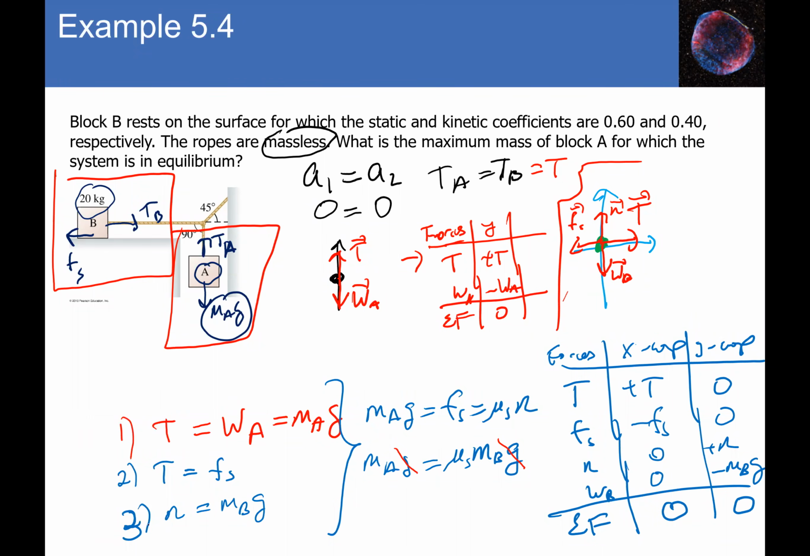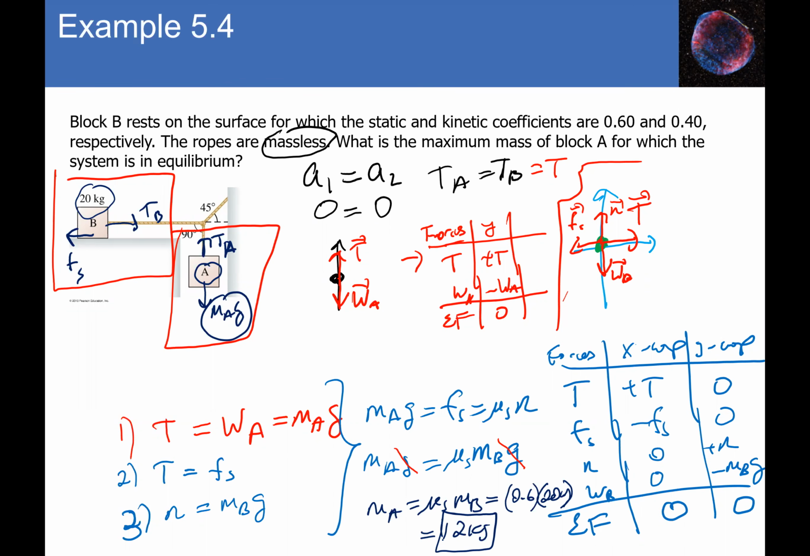Remember, our goal was to find A. Then M_A equals mu_s times M_B. Well, mu_s was 0.6, M_B was 20 kilograms. That means what we get here is 12 kilograms. There you go. That means the mass of A has to be no more than 12 kilograms for the system to